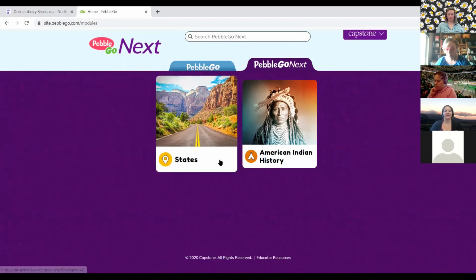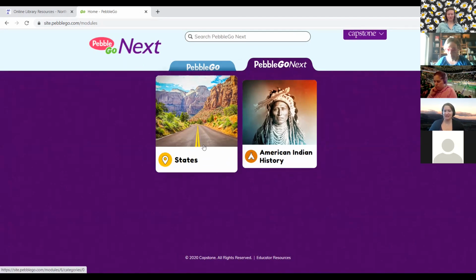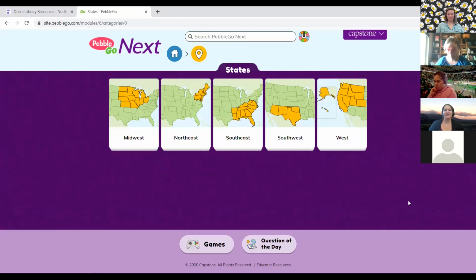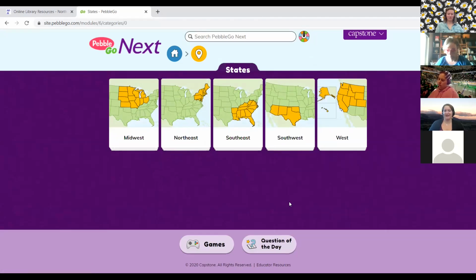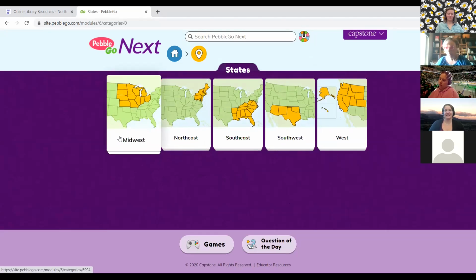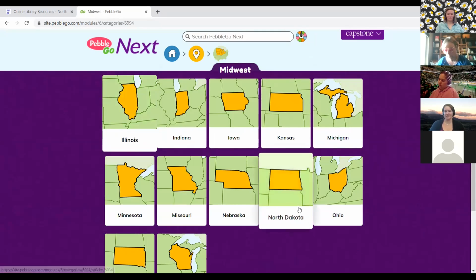Again, it works the same way, but it looks a little bit more, not sophisticated isn't the right word, but it's less kindergarten and more for the third grade through sixth graders who like to think they're much more adult. So you can click on states here, and you noticed it won't read it when I hover over it, but I can click on that, and then I can choose. So I clicked on Midwest. I can choose our state,